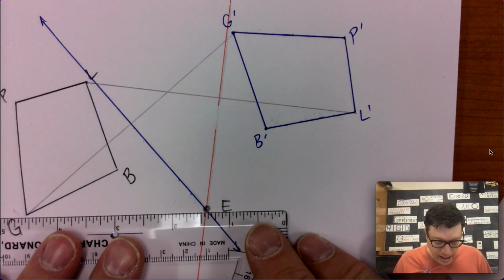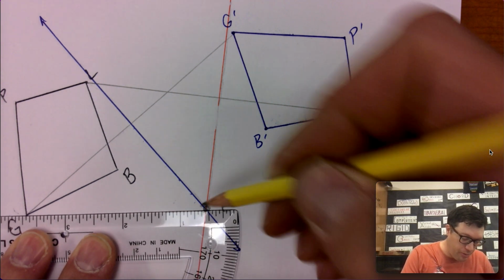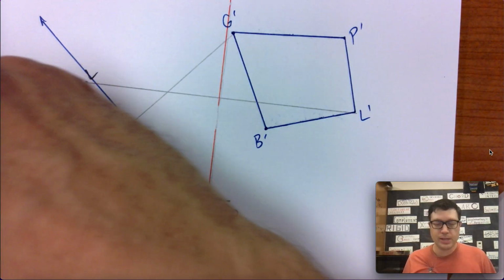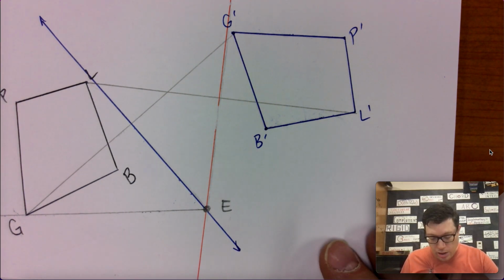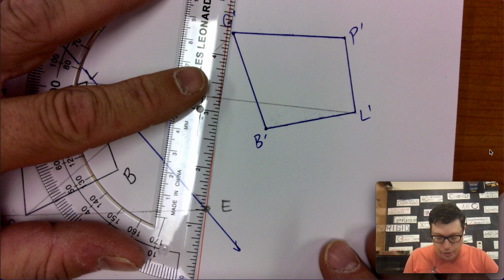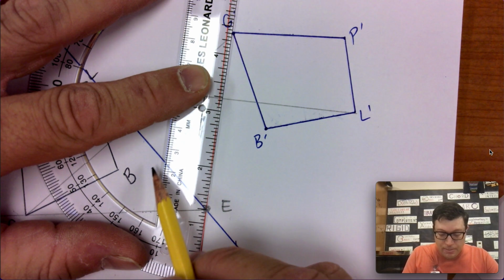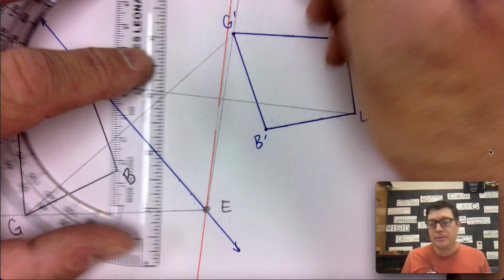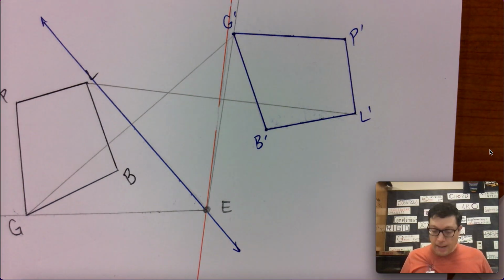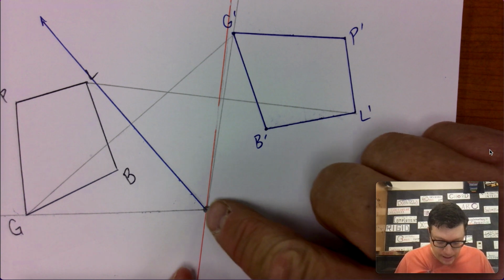Now, to find the angle of rotation, I'm going to draw a ray from E out through one of the letters. It just so happens to be G. And then I'm going to draw from E through G. Don't worry about the blue or the red lines, the perpendicular bisectors. They don't matter for this step. This step is about finding the angle of rotation. I'm going to use my protractor now to draw this ray, EG, and draw this ray, EG prime, and I'm going to measure,